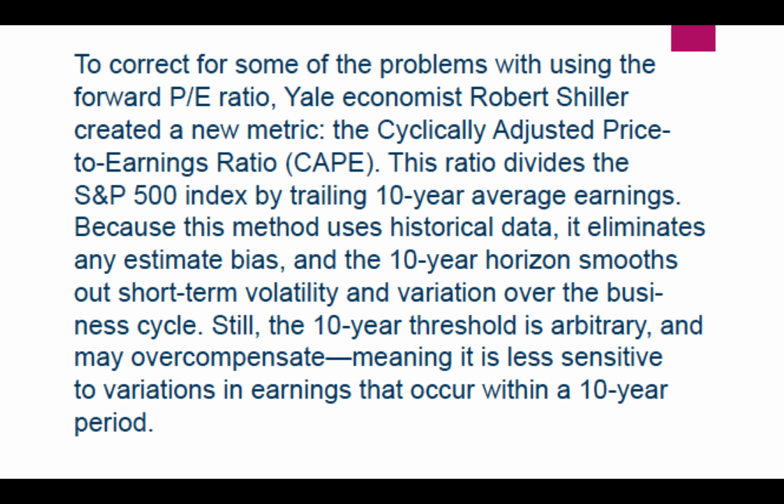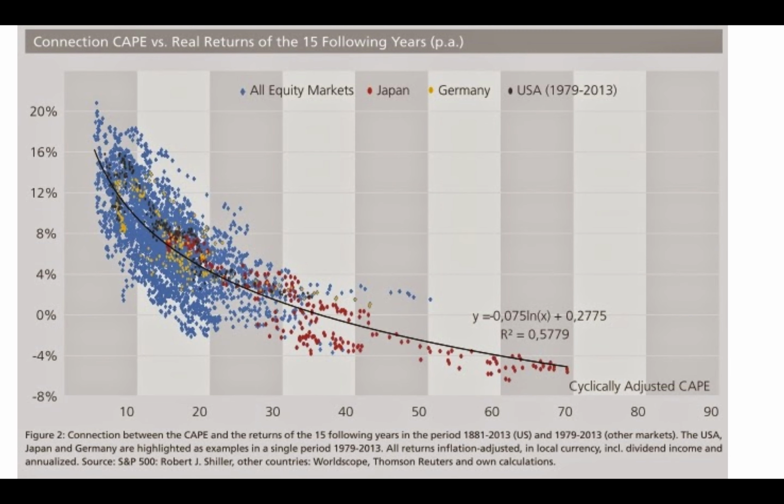Now you can use the CAPE10, which basically takes an average over 10 years. You could also do what's called the CAPE15, very rarely seen. You see a lot of data on the CAPE10, however. And as we've discussed in the past, there's a correlation: when you have a high CAPE10 or high Shiller PE10 ratio, you're going to tend to have lower returns. So high PE ratios, lower returns. When you have lower ratios, you tend to have higher returns.